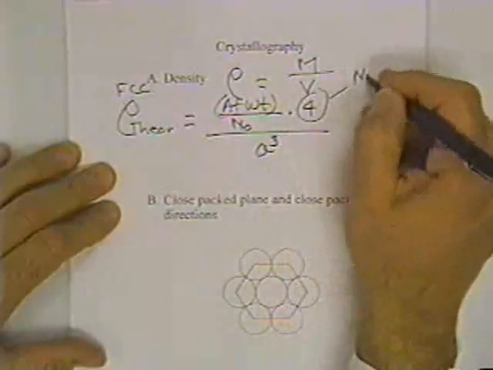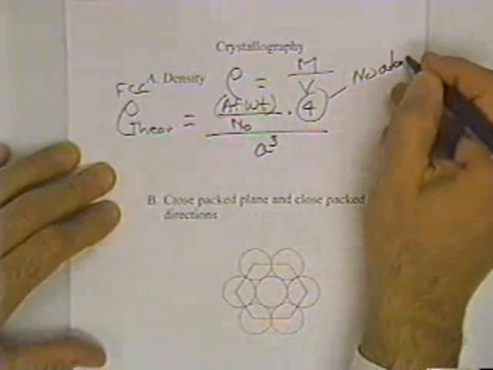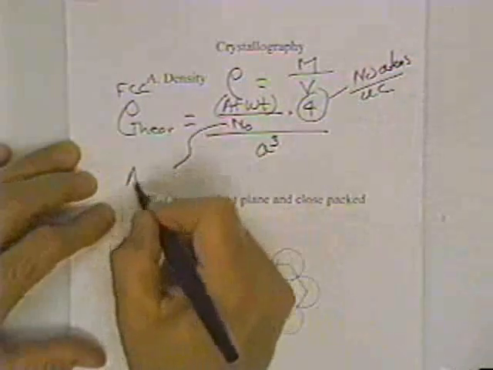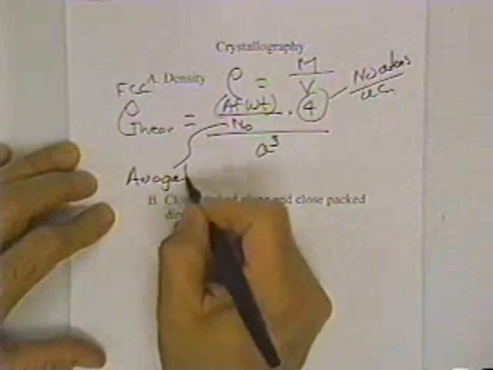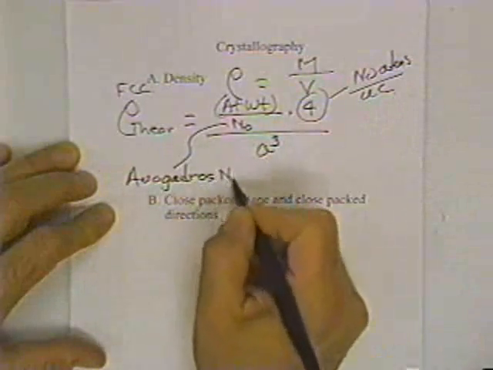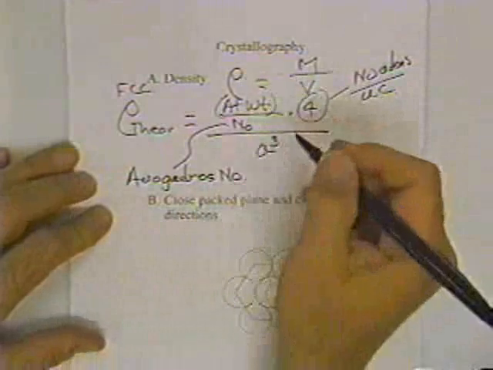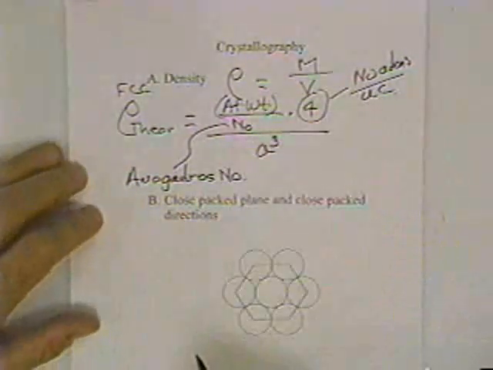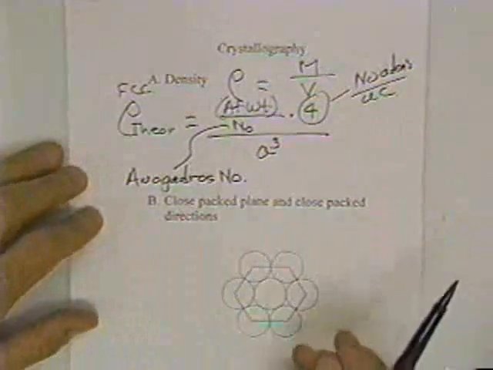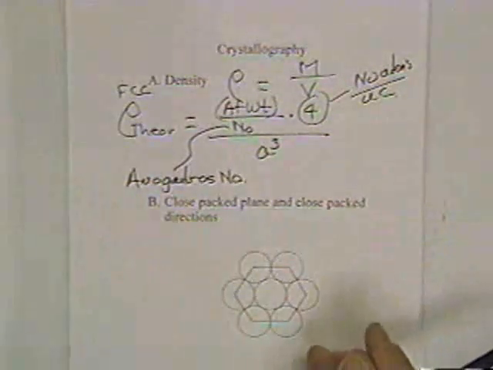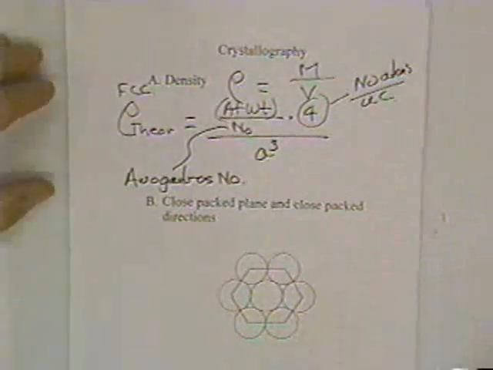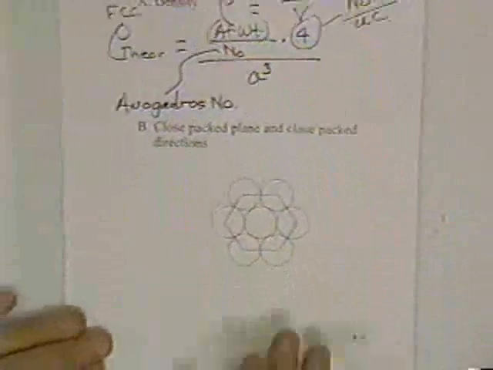So 4 is the number of atoms per unit cell, N0 is Avogadro's number, and this is the atomic weight of the material that you were interested in. You might try that for nickel and then compare it to the value that you get by looking up in the handbook. Now I've already done this, but just to reiterate here,